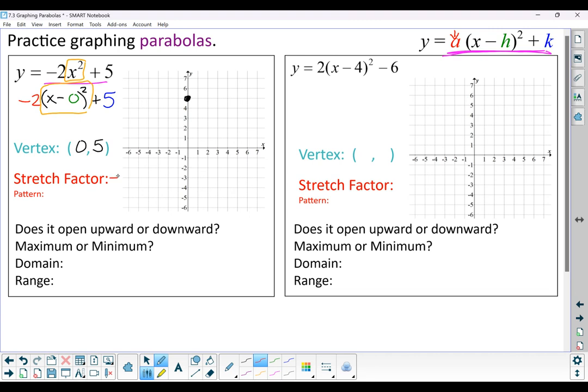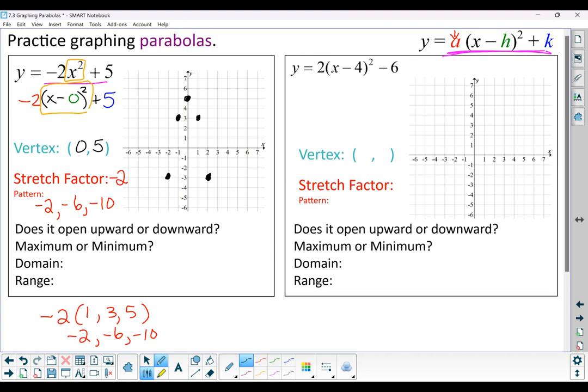So the stretch factor of this parabola is -2. So remember that the stretch factor is a multiplier. So we're going to take that -2 and multiply it by our 1, 3, 5 pattern. So the 1 becomes a -2. The 3 multiplies by -2 to give us -6. And the 5 multiplies by -2 to give us -10. So our pattern is that we're going to go down 2 over 1, down 6 over 1, down 10 over 1. Down 2, down 6, and rarely can we ever actually fit the down 10 on our